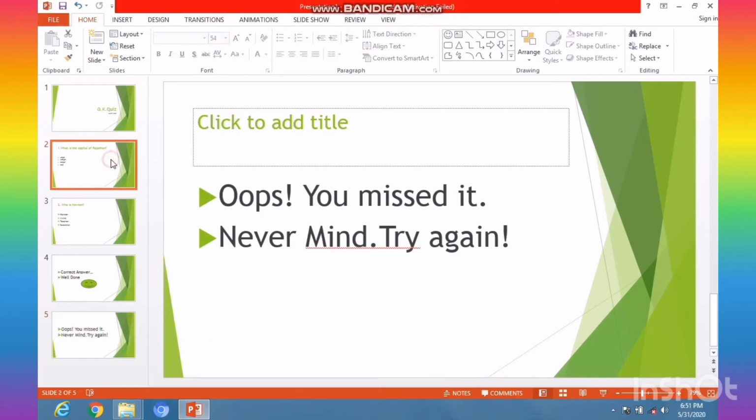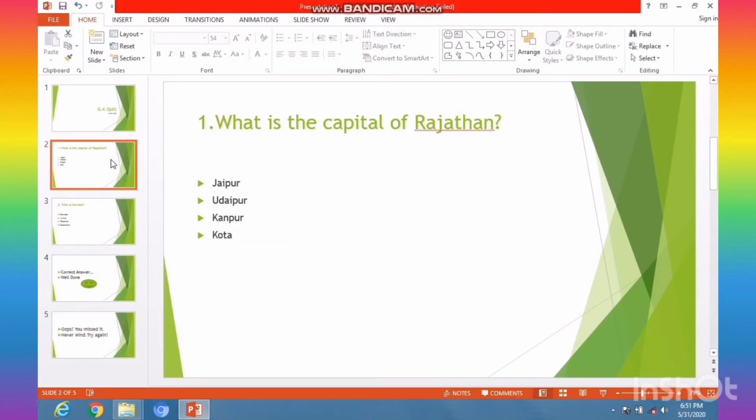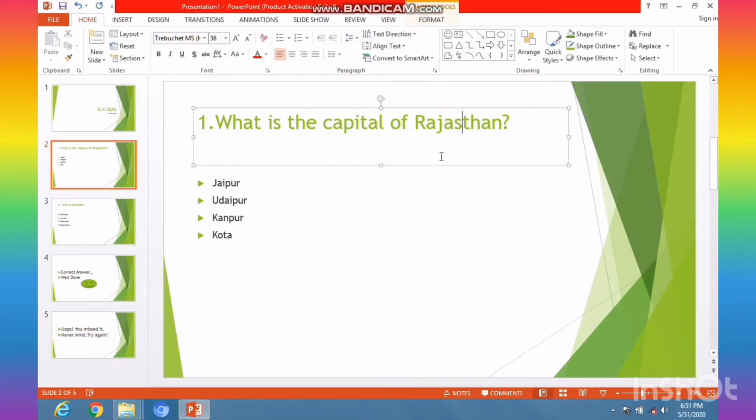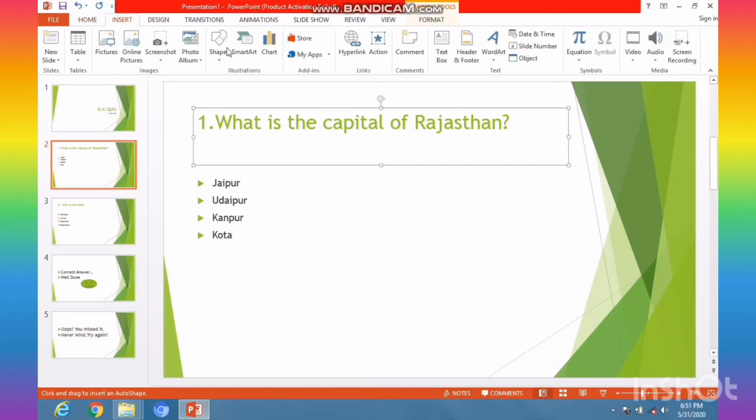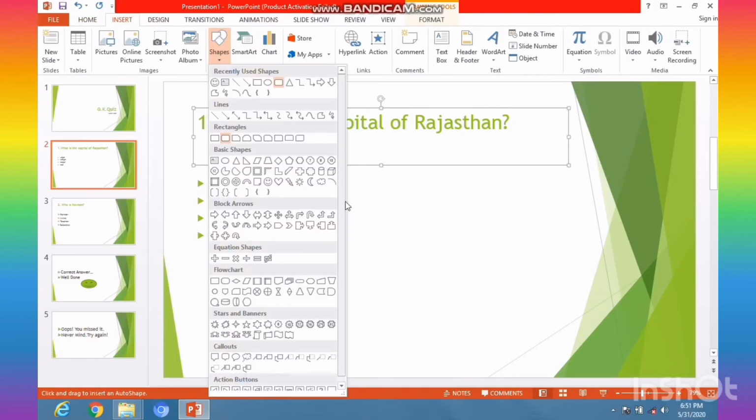Now we'll go to the first question slide. Here we will insert one more button. Okay, let's take a button from the insert. Go to insert shapes. At the down side you will see action buttons.